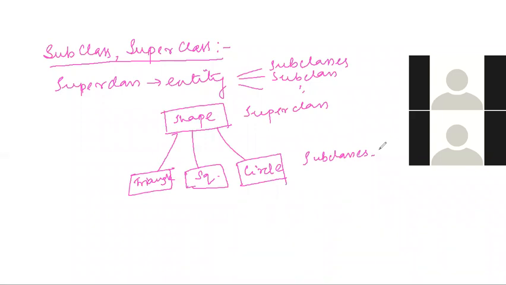So this is one example of the subclass and superclass concept, where I will have a superclass. It can be divided further into several subclasses. These subclasses will have their own unique properties to identify them as separate subclasses. But in addition to that, they will inherit certain properties and attributes of the superclass as well. Is this thing clear to you all?